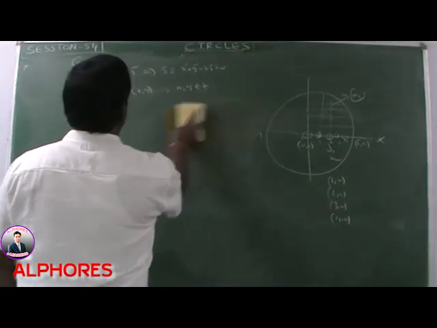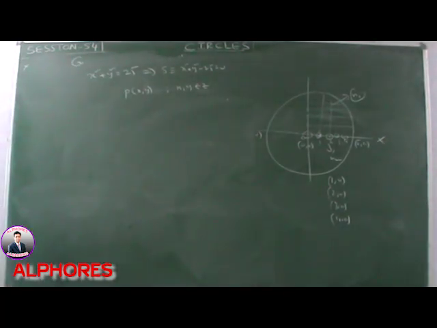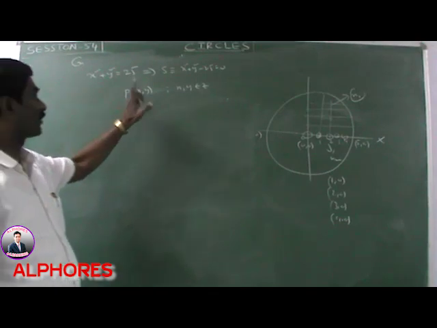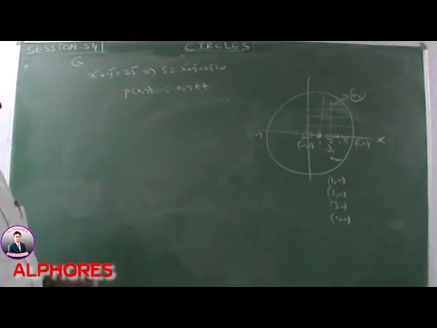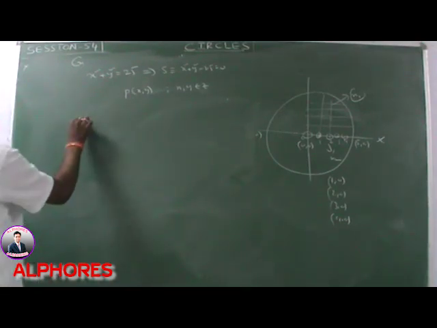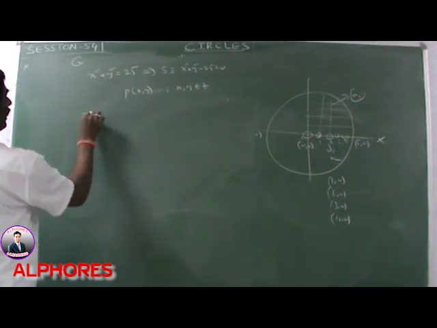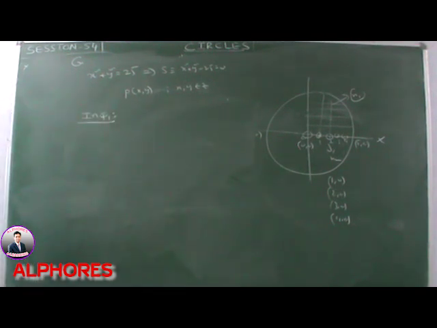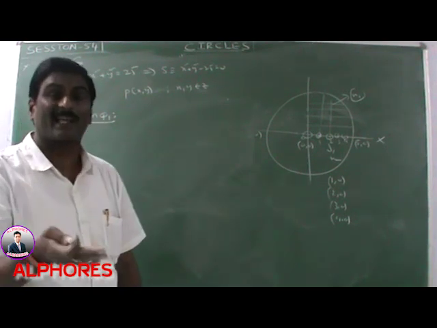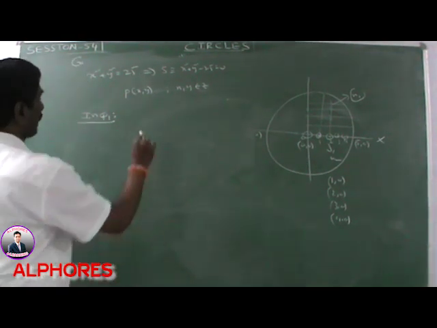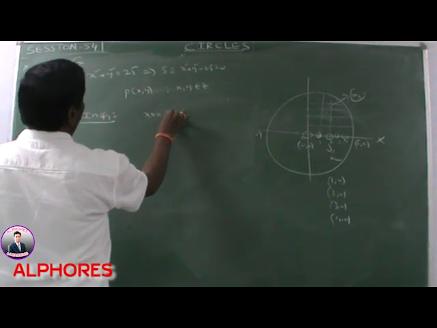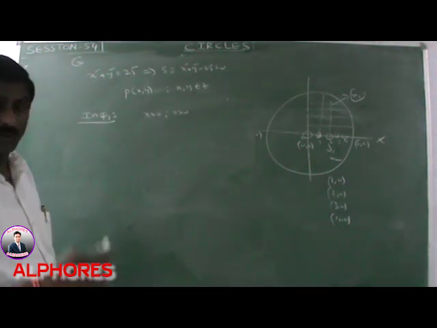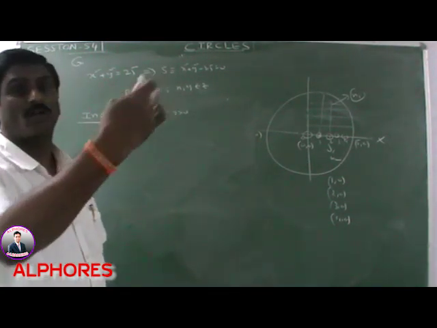Given circle S is equal to x square plus y square minus 25 is equal to 0. Now we find the number of integral coordinates of P(x, y), that is x, y belongs to Z. We find the number of integral coordinates in Q1. Q1 means the first quadrant: x greater than 0, y greater than 0. X greater than 0 means 1, 2, 3, and so on. Y greater than 0 means 1, 2, 3, and so on.